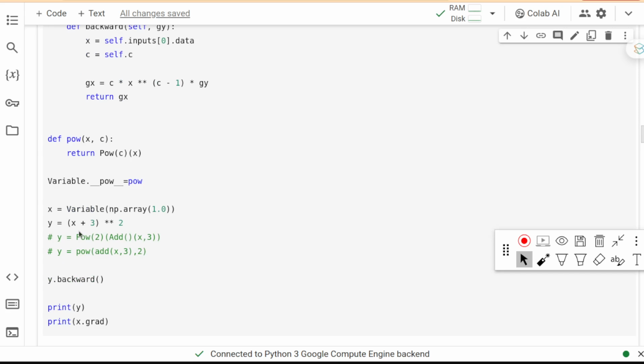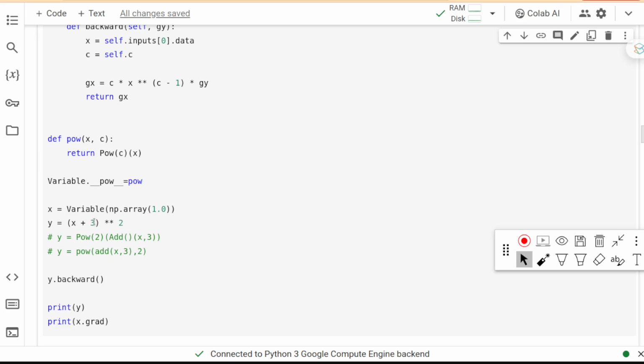So when the Python interpreter sees this line of code, it will parse this line of code as a syntax tree. It will look very similar to the computational graph we have discussed before, so that x will be sent to the add operator with the 3.